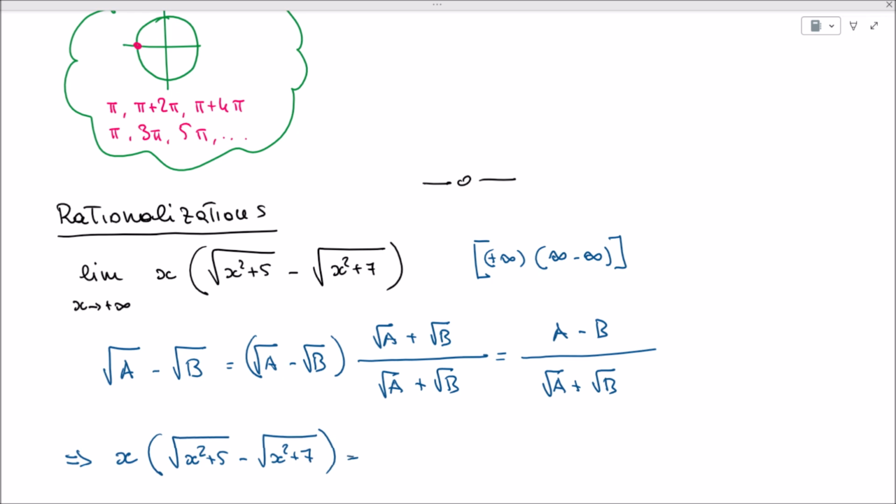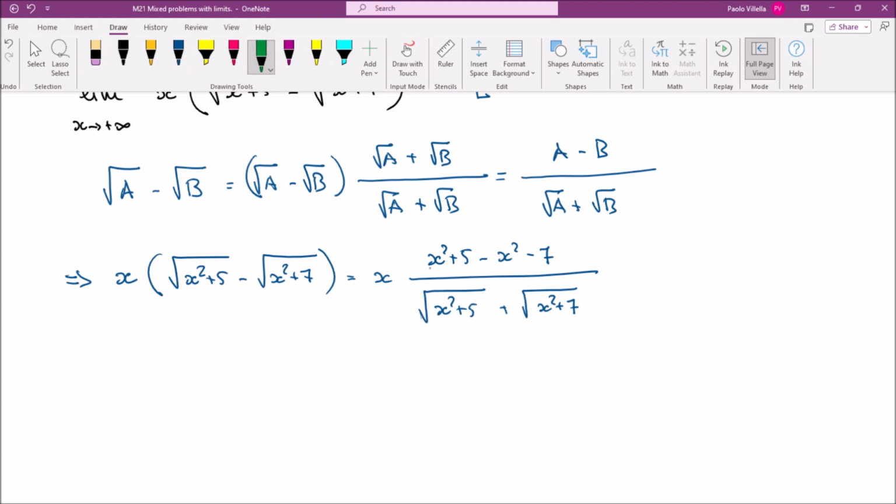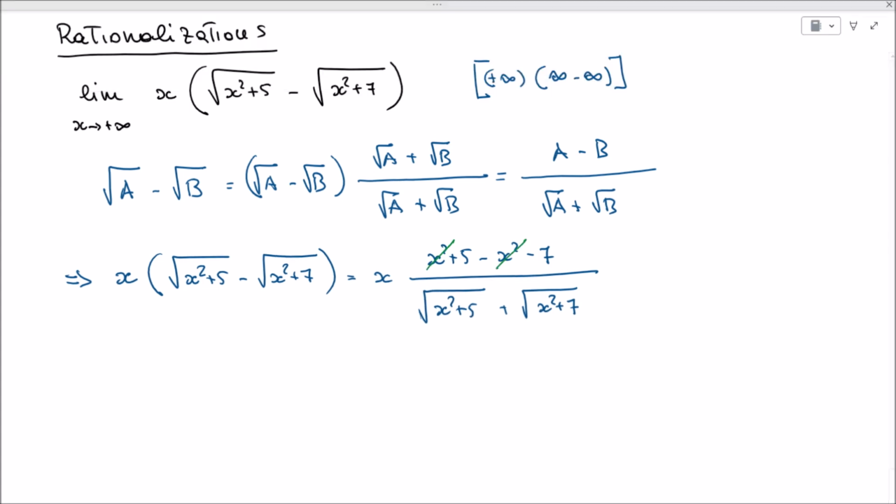Well, what we get at this point is just x times x squared plus 5 minus x squared minus 7, and then we have the square root of x squared plus 5 plus the square root of x squared plus 7. And we immediately see that at the numerator, x squared and minus x squared cancel each other out, and then we're left with